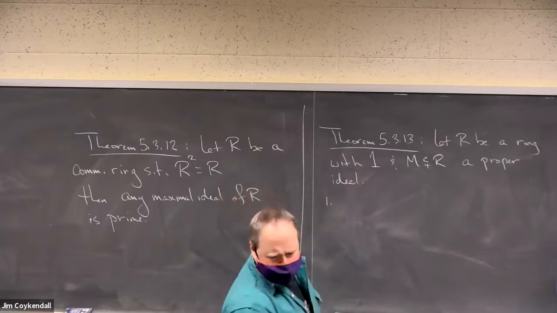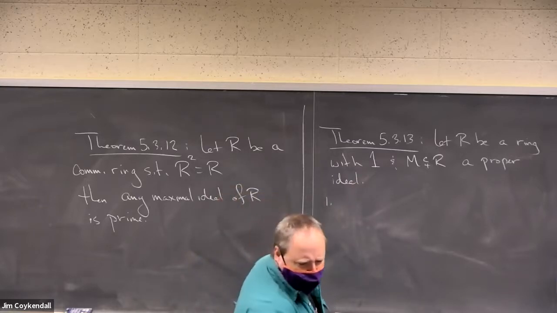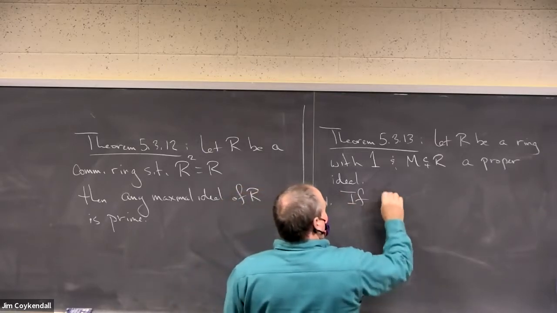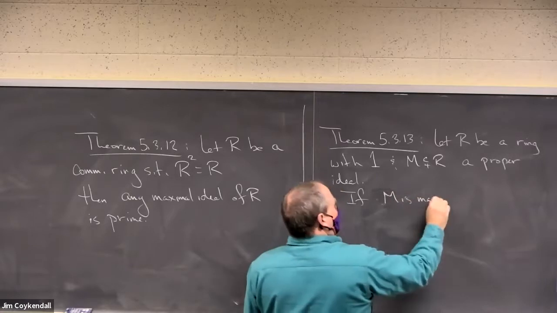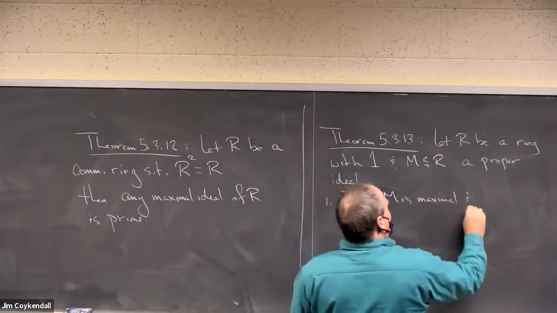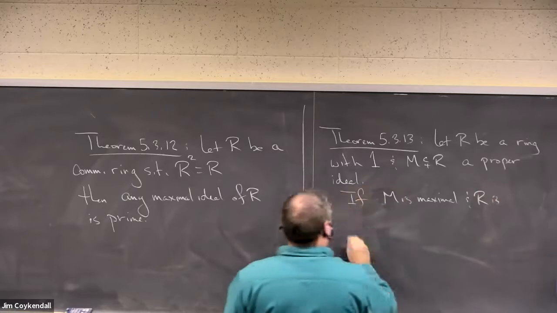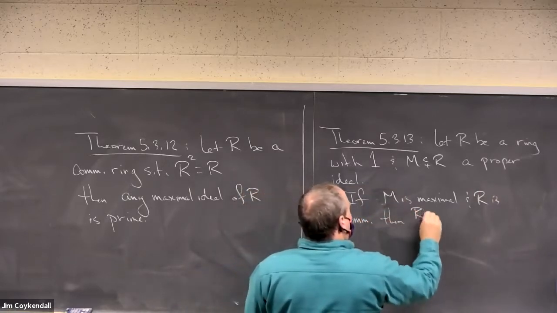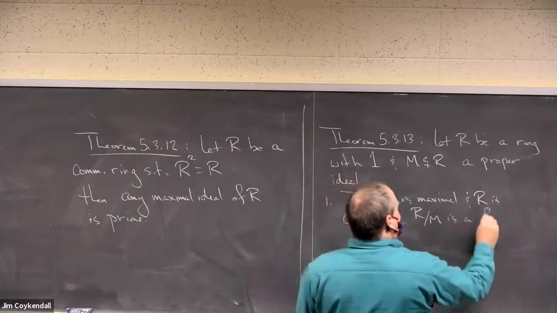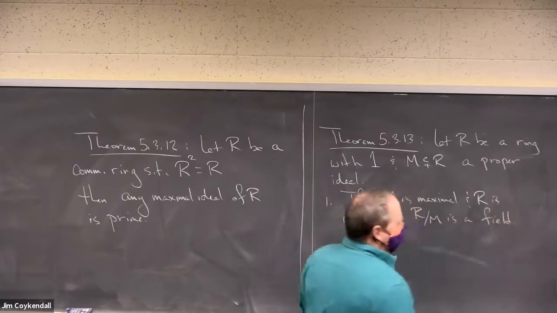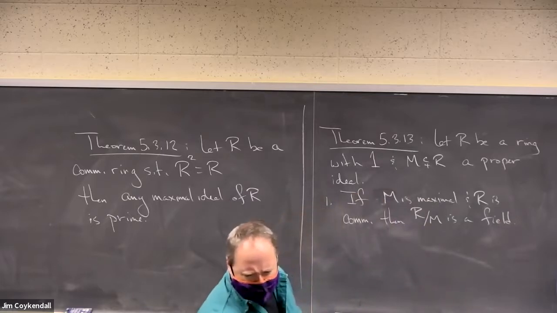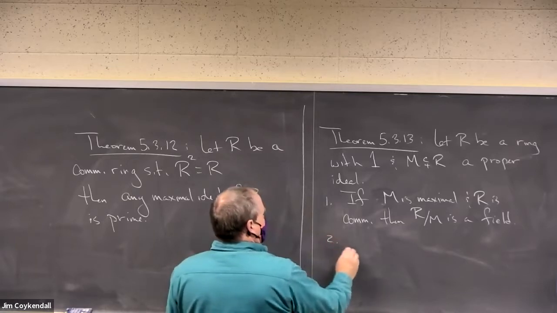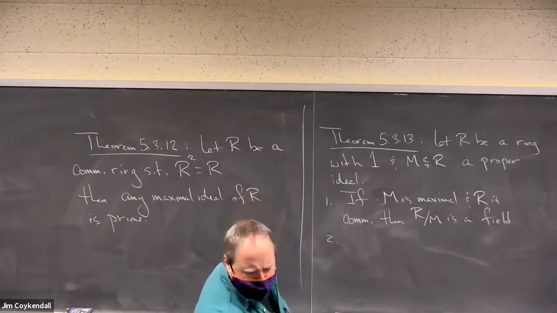Number one, if M is maximal and R is commutative, then R mod M is a field. And number two, if R mod M is a division ring,